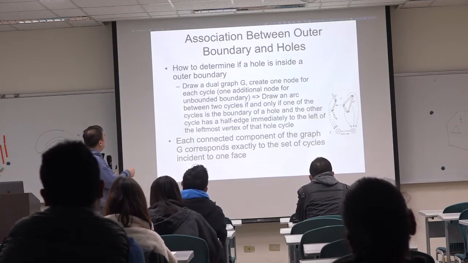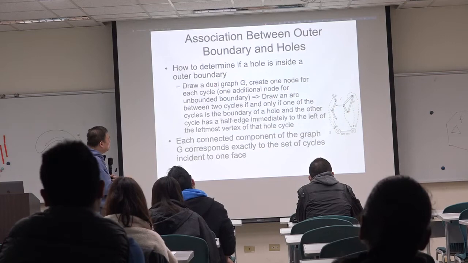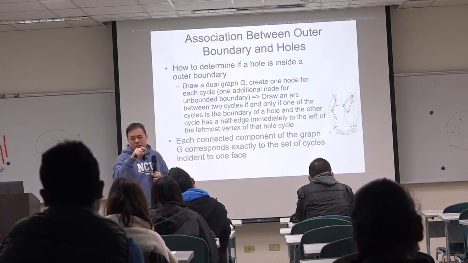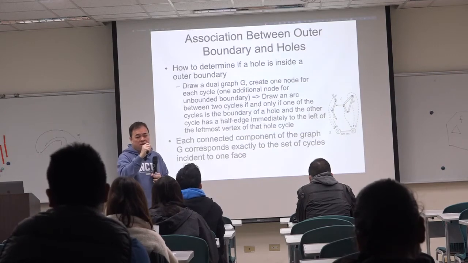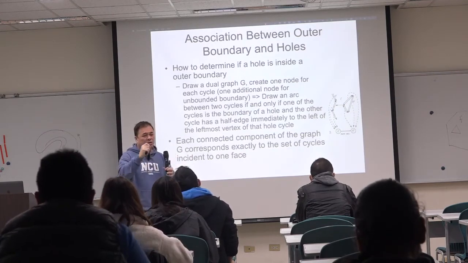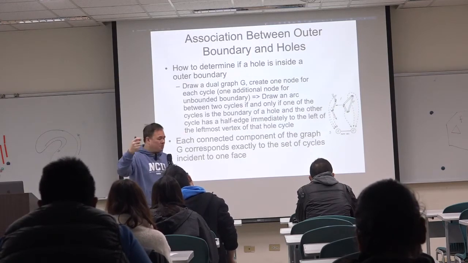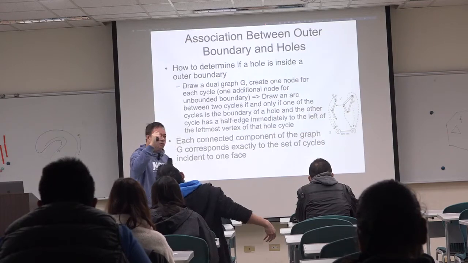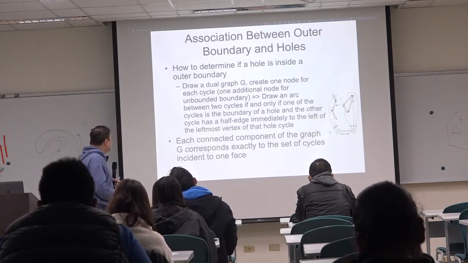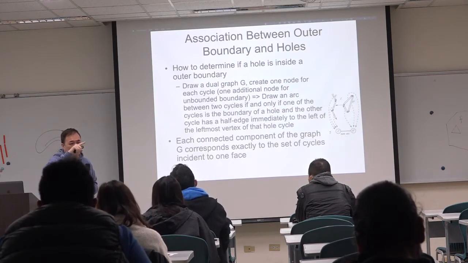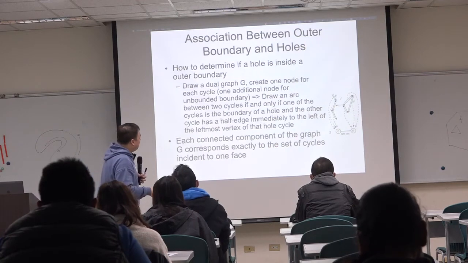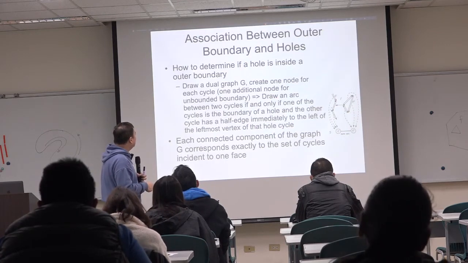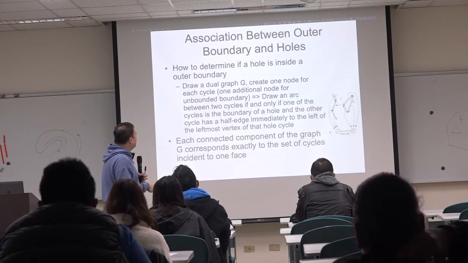So you can draw a dual graph. For each cycle, you create a vertex, or let's just call it a node. You know the graph, right? So for each cycle, we create a node. If it's the outer boundary, then you make sure that node is a double circle. And then you can draw an arc between two cycles